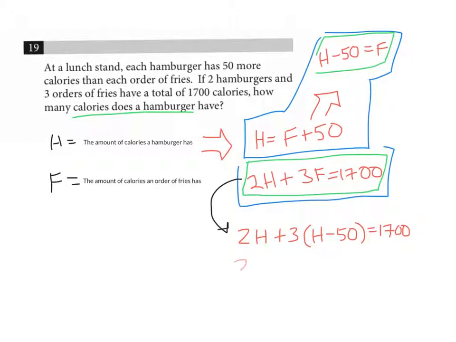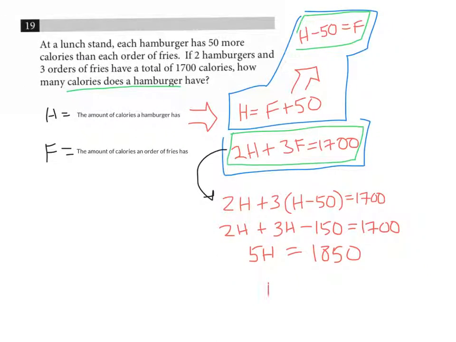Obviously we're going to distribute: 3H minus 150 equals 1700. And therefore, combining, we have 5H equals 1850. And dividing both sides by 5 would give me